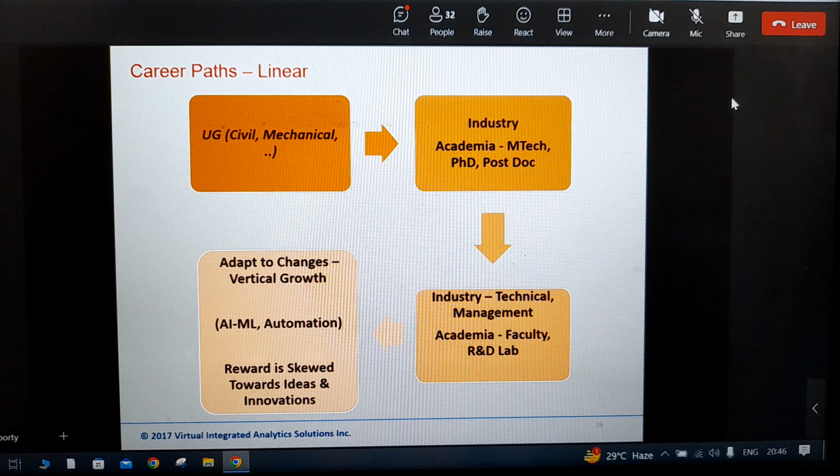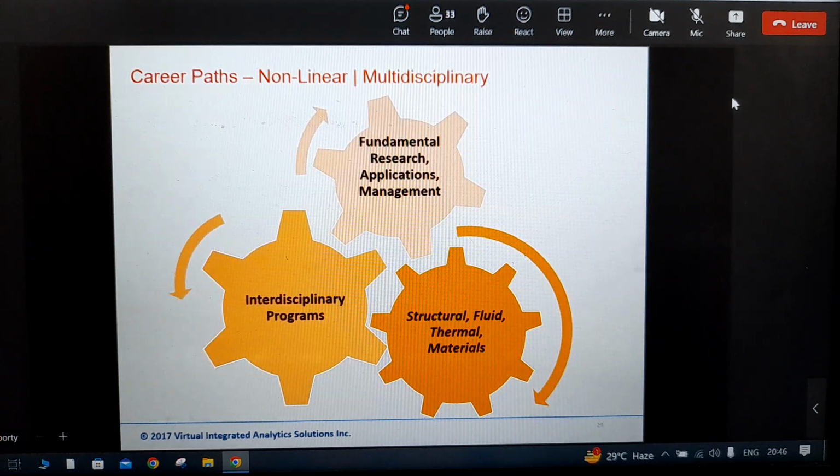You can take a very linear path, in my mind, where you think of yourself as civil or mechanical or electrical. Then I strongly suggest some academic exposure, and then you can get into industry or remain in academia, and you keep on adapting to changes. You start with something and the world is moving, so you move on with the world. Or you can think of it as everything being relatable. You still need to carve out your path, but sometimes it is not a single linear path.